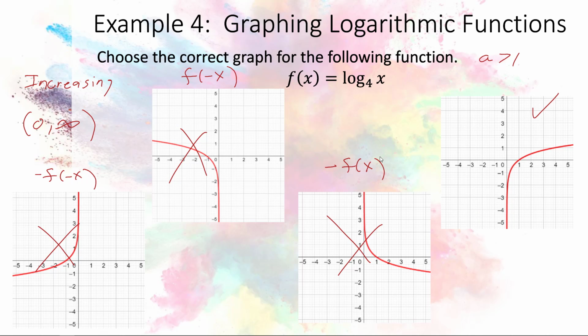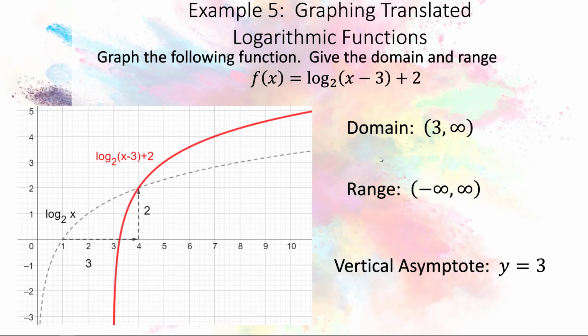Now, a couple of your homework problems will deal with translations of functions. This shows you the question and the answer for the entire example. However, in MML, you'll have a little tool. When you click on the graph, it'll plot the function, and a menu will show up, which will give you the opportunity to add the required horizontal shift and vertical shift, and you would need to put in the correct numbers. For this particular problem, we have f of x being equal to log base 2 of x minus